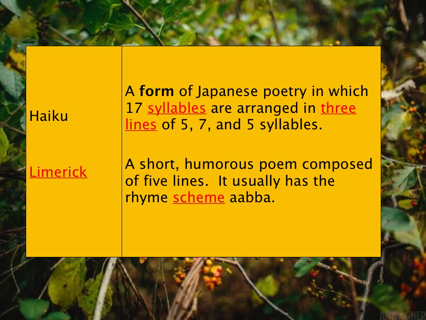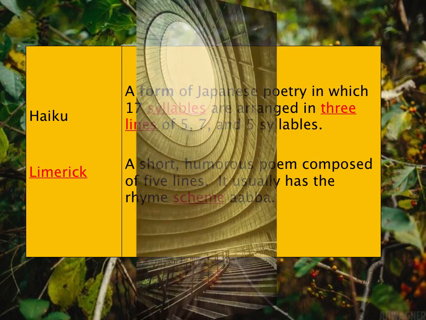And haiku are usually lyric poems because it's too little to tell a whole story. A limerick, which is what a lot of students confuse with lyric, a limerick is a funny poem. It is Irish, and it usually has the rhyme scheme A-A-B-B-A. So there are 5 lines, and it's a funny poem. We'll see another example of those later.